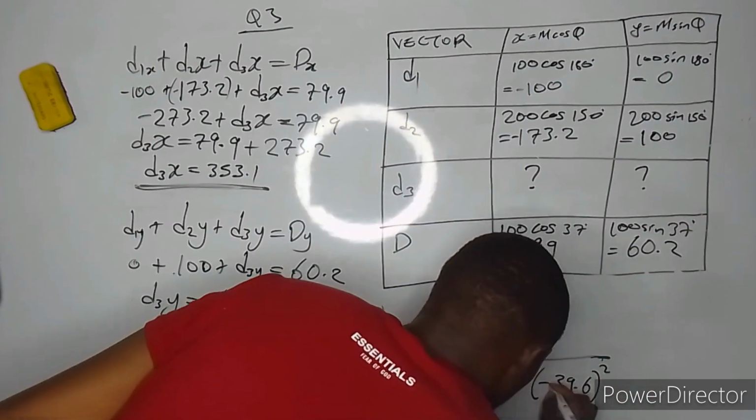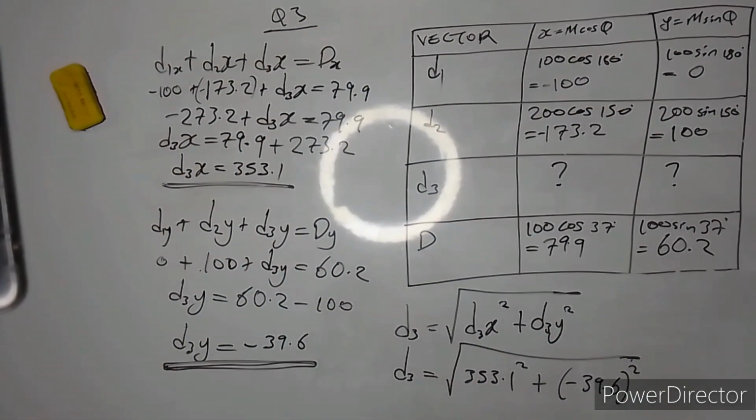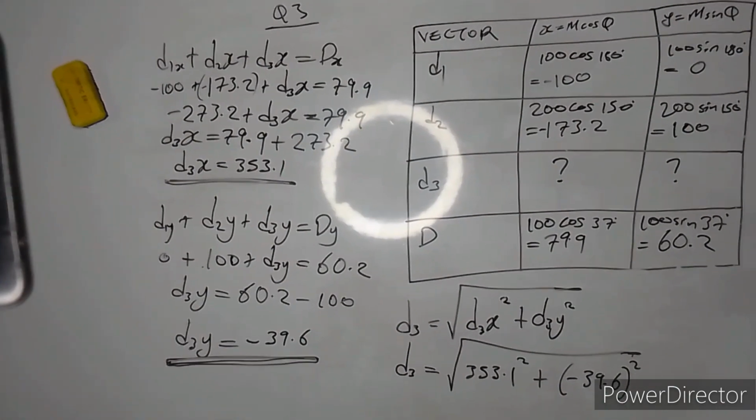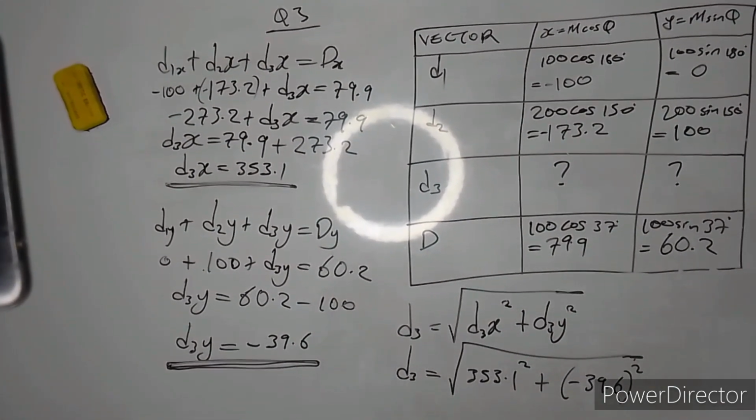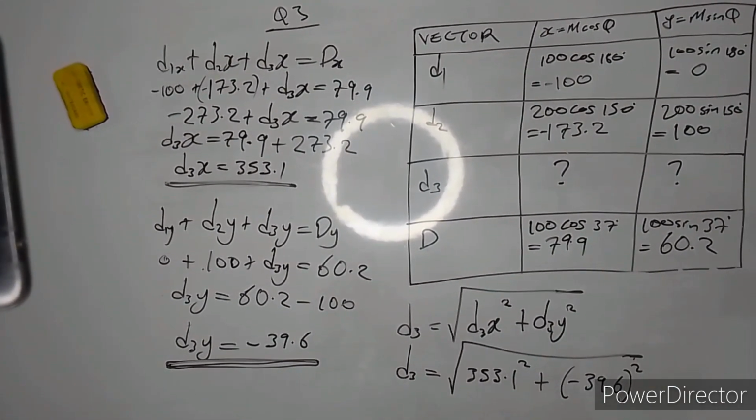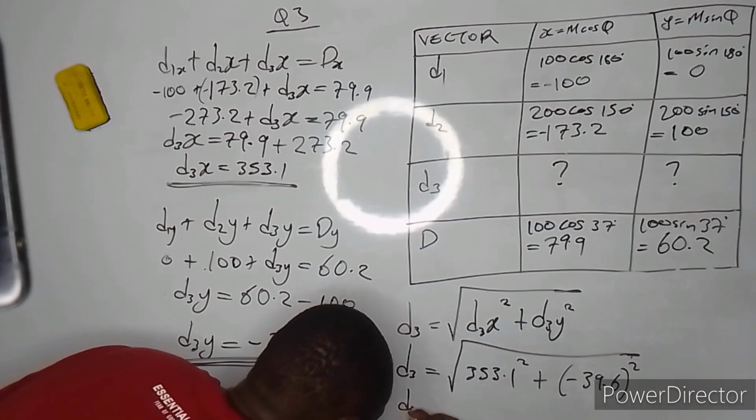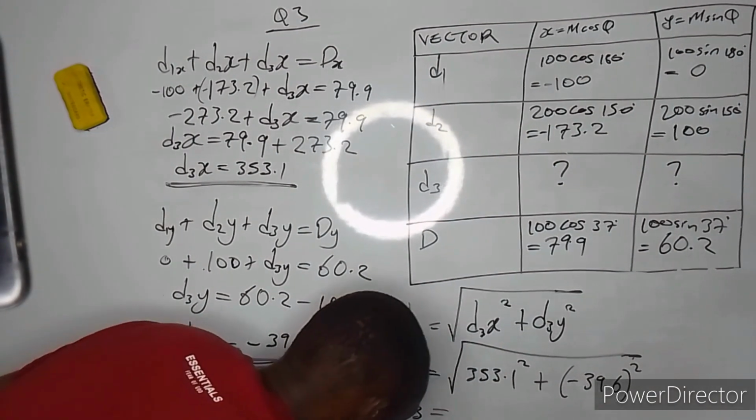Now, what are we getting when we do the calculations? Let us calculate. Feel free to pause the video and calculate. According to the answer I am getting, D3 is equal to